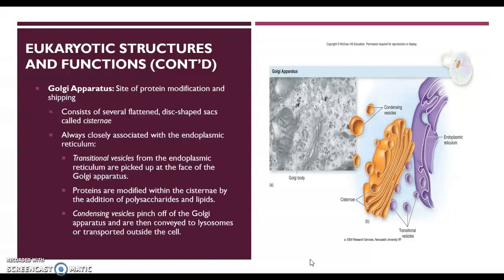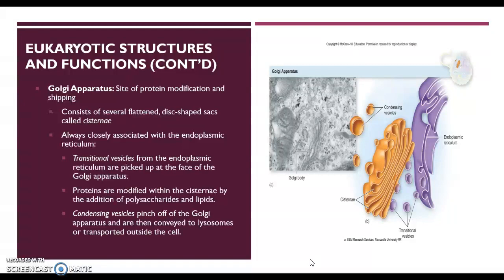The Golgi is going to receive these transitional vesicles that are transporting synthesized proteins from the ER to the Golgi. And within the membrane of the Golgi body, we're going to modify those proteins with polysaccharides, sometimes lipids, and those proteins will be packaged within a condensing vesicle,